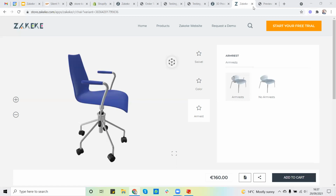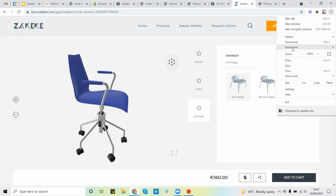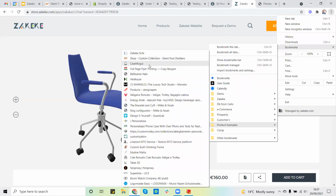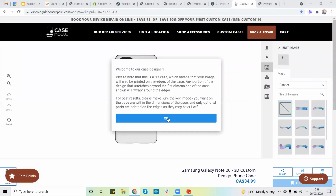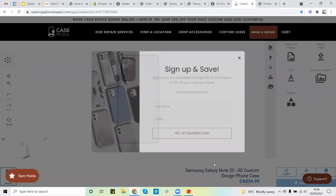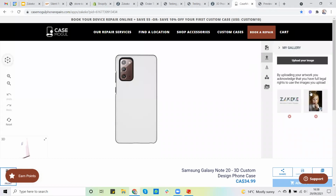Let me show you a phone that's been set up by one of our customers. So this was set up entirely by the customer. He's made a 2D customizer product to show how a phone case can be personalized. So if I add a picture to this,